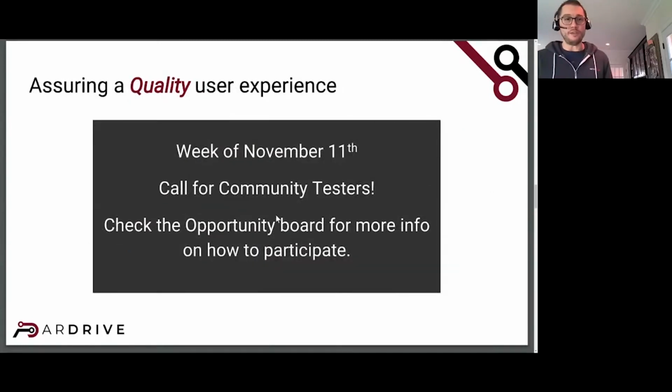What we're also trying to do, so it's not just about uploading data and testing it that way. For people who are really inclined at helping us a bit more, we're doing our community quality assurance test starting next week. So that's essentially going to be a few hours of work doing some more detailed testing of our web app and CLI. We'll post that on our opportunity board, but essentially people can follow some of the test scripts, record their results, upload them to their ArDrive, and share them back with us. And it's just another way to earn some tokens for helping us get the first version of our app ready.